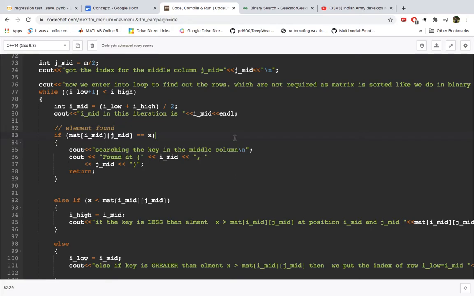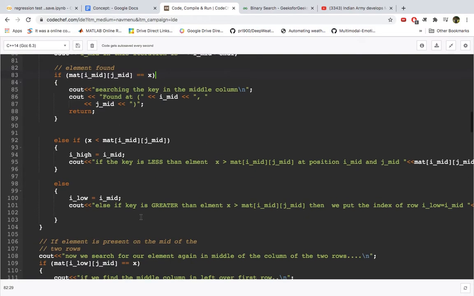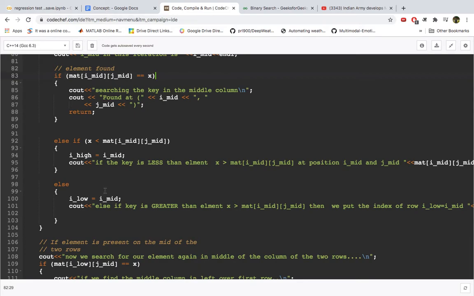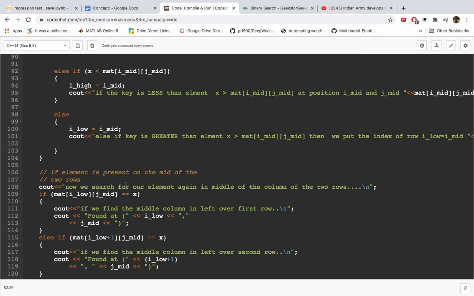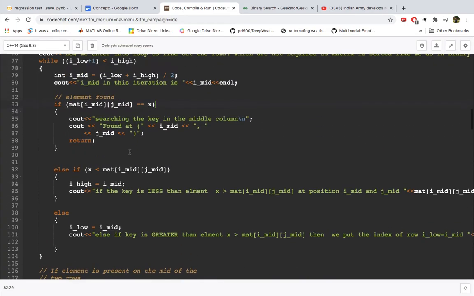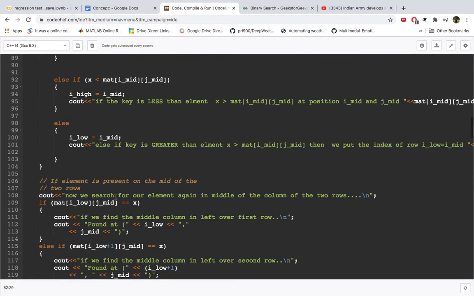So we need this one here now, not this one ahead. We require only, suppose this is our mid, right? So if our element key is less than this, then we require this part, not this part. So for that, I high equals to I mid, and I low equals to I mid else, if our element is greater. So we don't require this part now, we require this part. For that, we set I low equals to I mid. So in that way, we'll find two rows. We have slightly modified our binary search so that we find two adjacent rows, right?